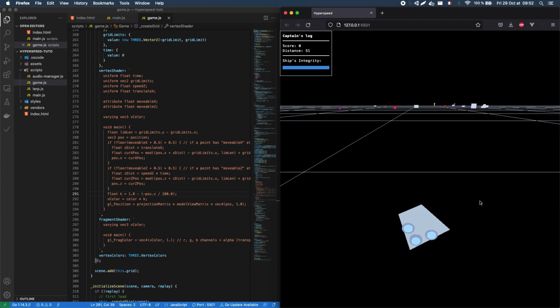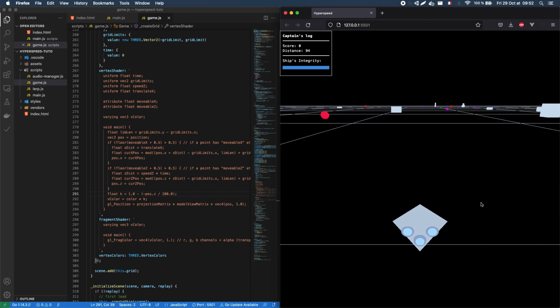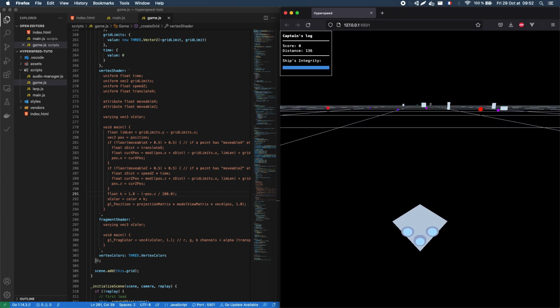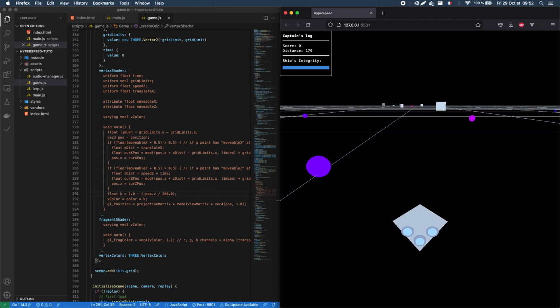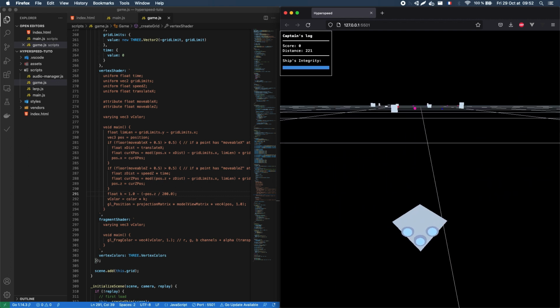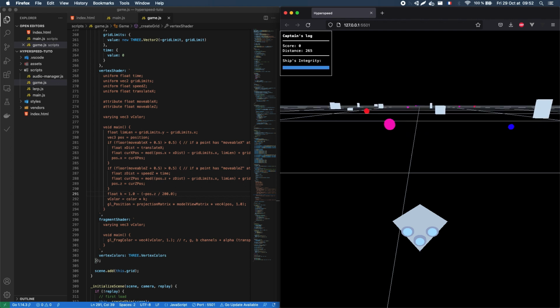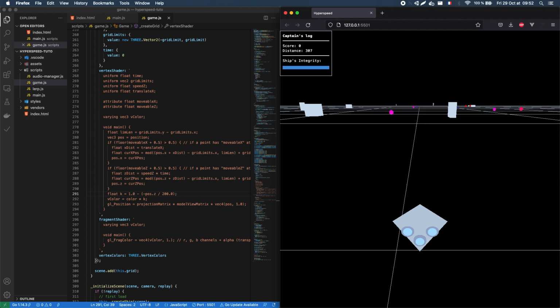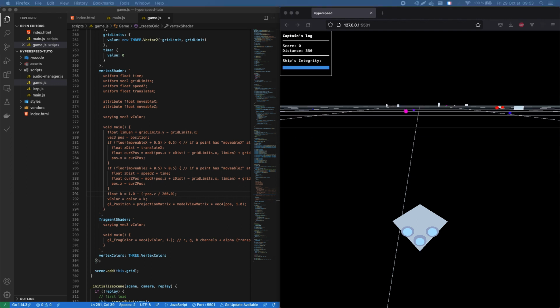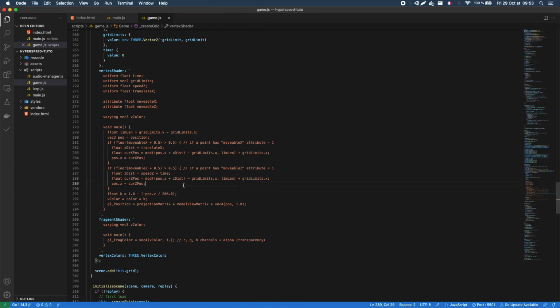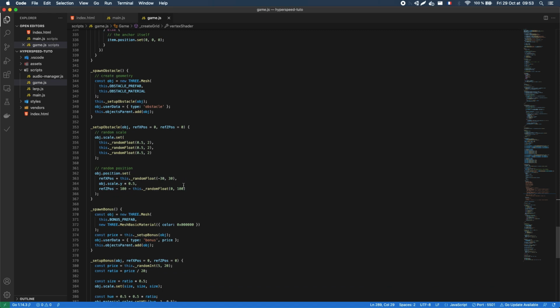Okay, we now have a nice little fog effect. The second improvement I want to make is add some camera shakes whenever I hit an obstacle. This will reinforce the collision effect because for now the player is just warned by a sound, but it's not that impressive visually. So to begin with, let's go to our game class and create a new function called shakeCamera